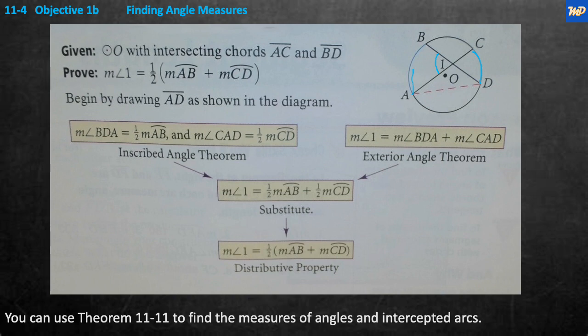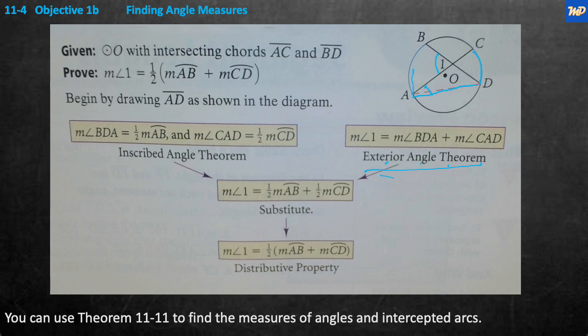So, how do we solve that? What they've done here is begin by drawing AD. They put this dashed line, AD, through here. This is actually pretty ingenious, because once you do that, you have a triangle. It's easier to start here, I think. If we start at the triangle that we just formed, we know that due to the exterior angle theorem, right here, that